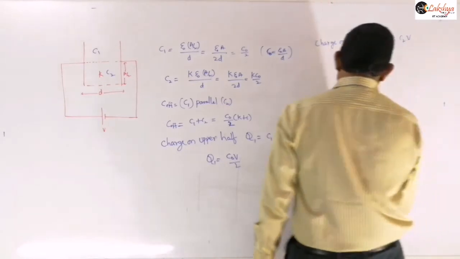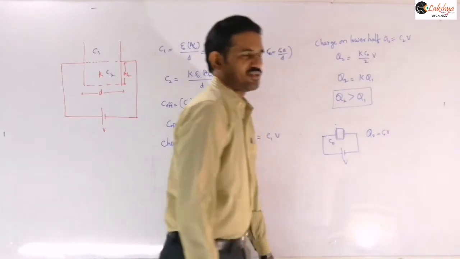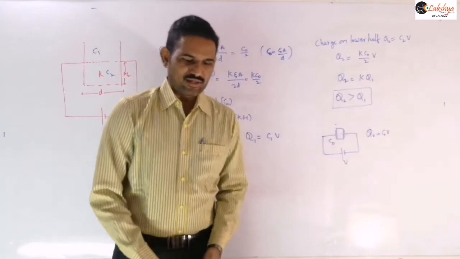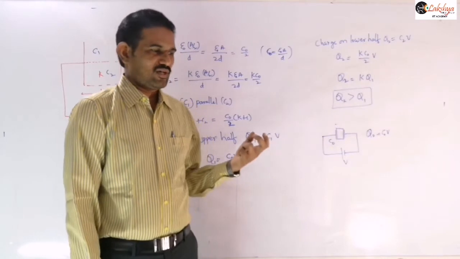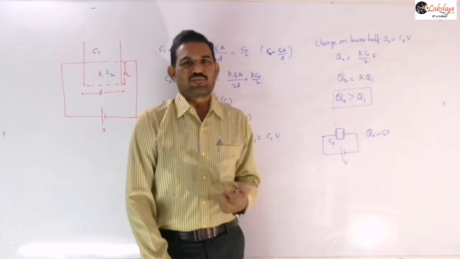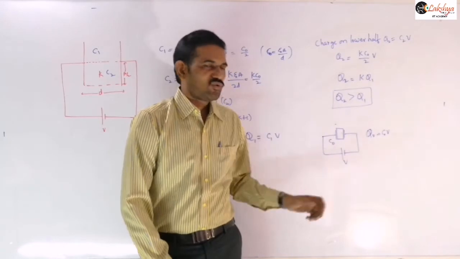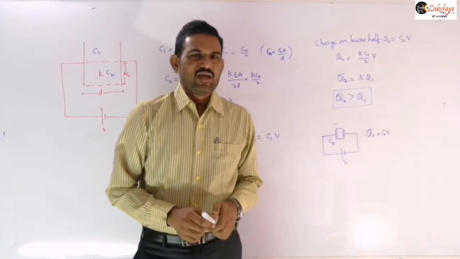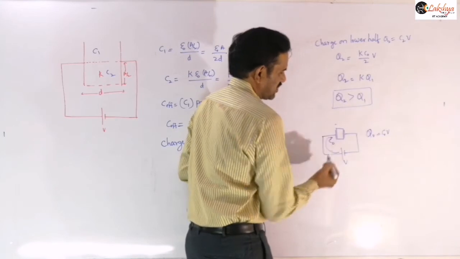Now once I introduce this dielectric here, which completely fills the space between the plates, the potential difference will finally be V only, right? But actually, as I discussed in our previous classes, when the cell is present and when the cell is absent, we discussed it in detail. There you should observe that if you introduce the dielectric, the electric field and potential will decrease. So as the potential here decreases, this battery will now send some additional charge here.